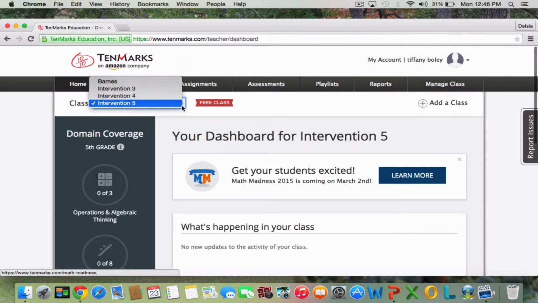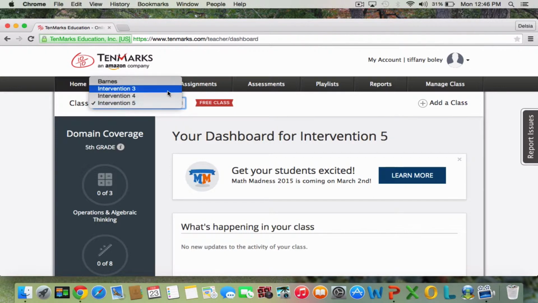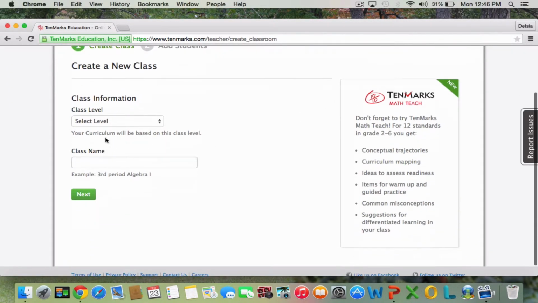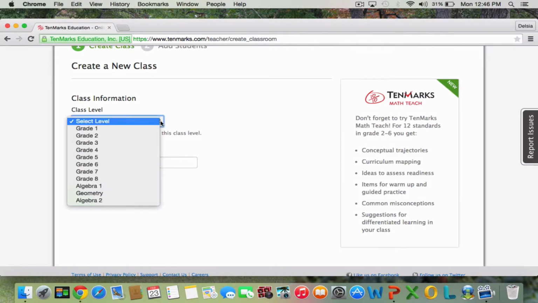Okay. Like I said, if you have more than one class or more than one group of students, so if you were doing your students as a whole class, and then if you had a special small group, you would go over here and click Add a Class. Once you click Add a Class, you would choose your grade level, put your class name. So for example, we will put